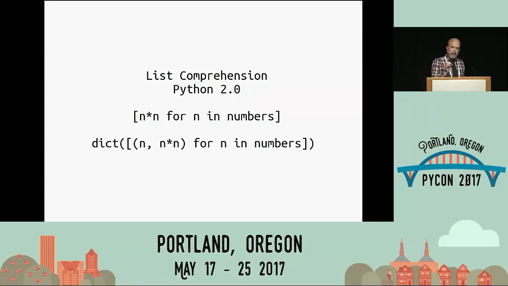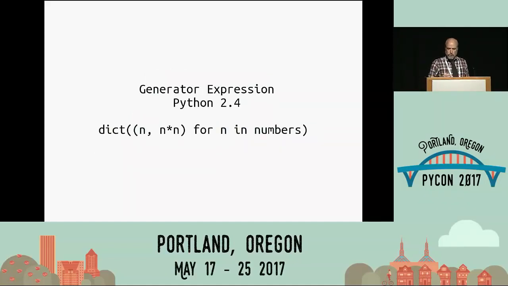It gave us a way to build dictionaries, but the way was slightly roundabout. You had to build tuples, key and value, and it didn't look very much like a dictionary, and of course it was slower because you had to make a tuple per item that was then thrown away once they were inserted into the dictionary. When generators came along in Python 2.4, at least you could take the angle brackets off, but you were trading one inefficiency for another.